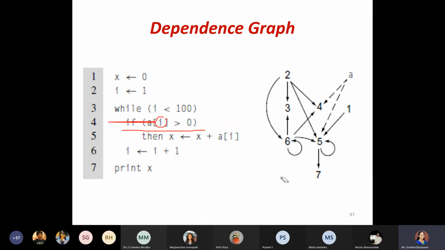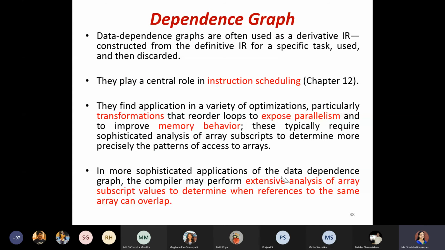So both things could be optimized. That is what has been told here. So the data dependence graph will play a major role in applying the optimization onto the instruction scheduling. Indirectly, the register allocation could also be done in a better way.